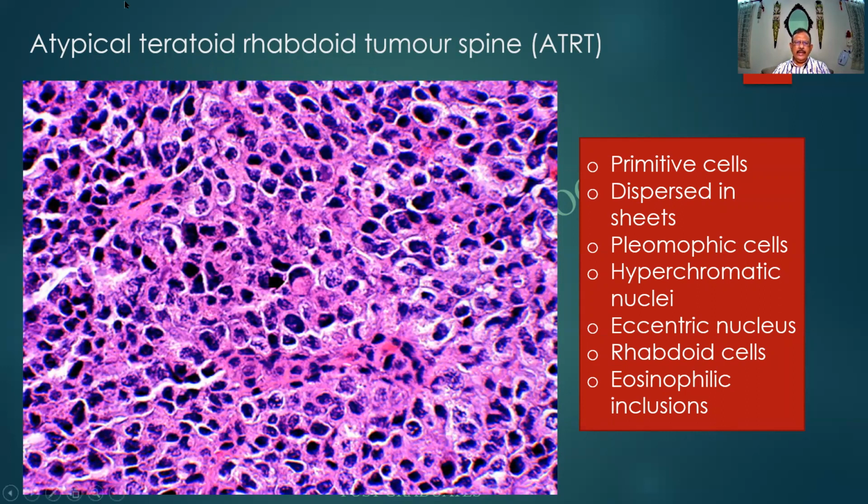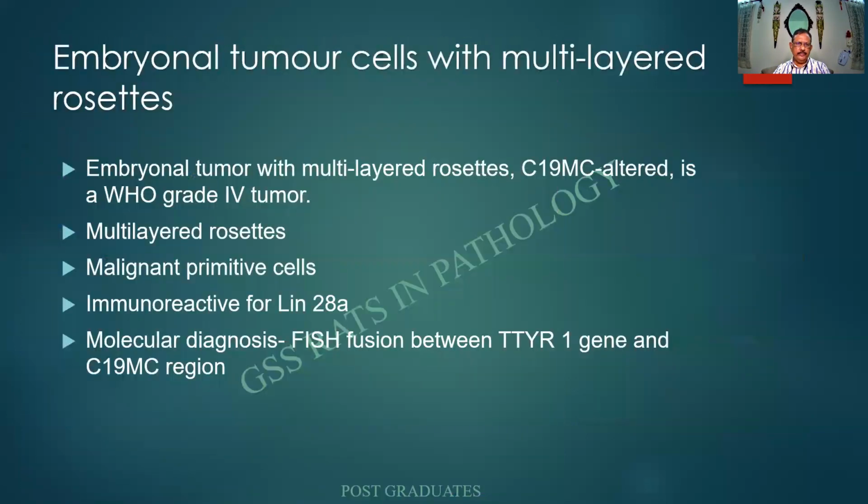Look at this one. I cannot say what is the origin of these cells at all. It can be something like a small cell or a blastemal cell that you see in a Wilms tumor, etc. They are all primitive cells and they are dispersed in sheets. No particular pattern that can be seen. Cells are pleomorphic. Obviously, some are large, some are relatively small. And in some, I find that there is an eccentric nucleus with eosinophilic material filling in the cytoplasm, so-called rhabdoid cells. This is a typical pattern that we can see. This you can superimpose on any of the cells, any of the lesions.